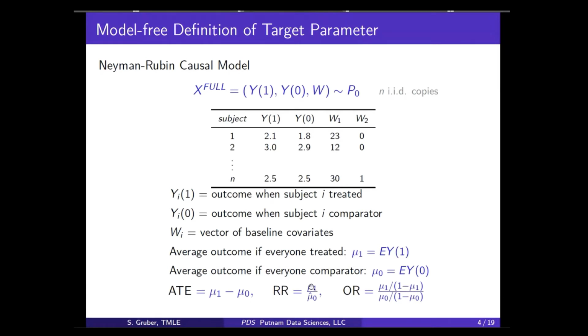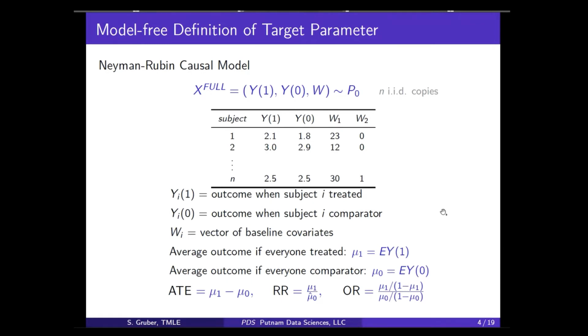Relative risk is just the ratio, mu1 divided by mu0. And then the odds ratio is just the usual formula, the odds for treated divided by the odds for control. You can rearrange that to get AD over BC when you use a 2x2 table, but it's the same formula. So if we knew mu1 and mu0, we can calculate any of these three, whichever one is of interest to you, we can give you all of them if we only had the mu1 and the mu0. And if we had the full data, we easily have the mu1 and mu0.